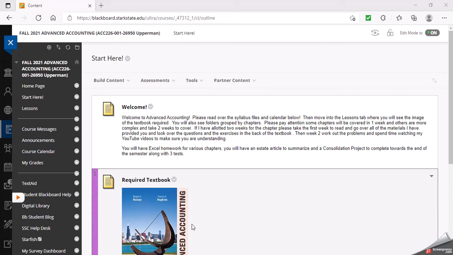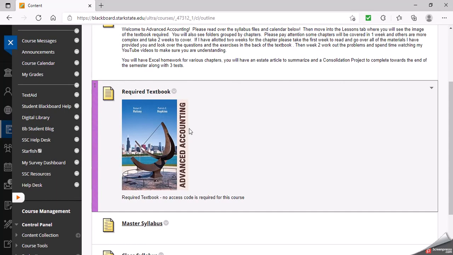Introduction to advanced accounting. In the fall, it is offered as a Web 4E modality, which means primarily it'll all be taken online, but we will meet a couple Thursday evenings a month just to cover the harder problems that you're going to have when you get into your consolidation chapters, which are the first 6 chapters of the textbook. But if you go into your Start Here tab, that shows you the textbook,